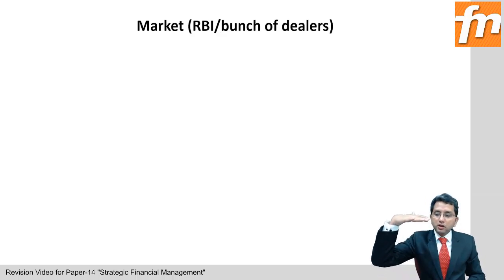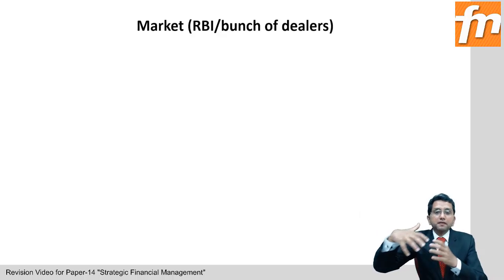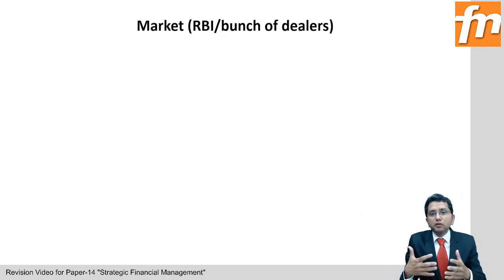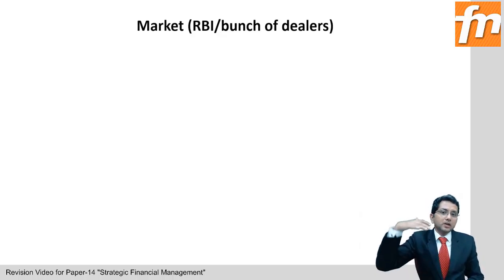The topmost authority in the foreign exchange market is the market itself. Just for the sake of our understanding, we can say market means the Reserve Bank of India. Practically, the market is not the Reserve Bank of India. It's a bunch of foreign exchange dealers who are dealing with each other. But for easy understanding, let's say the top authority is the market, that is the Reserve Bank